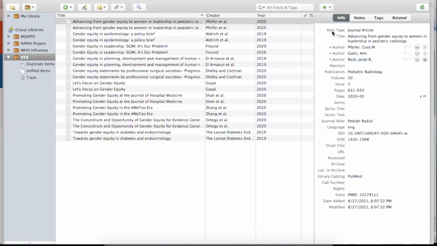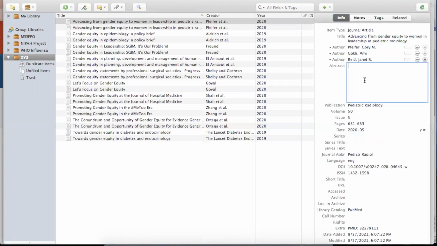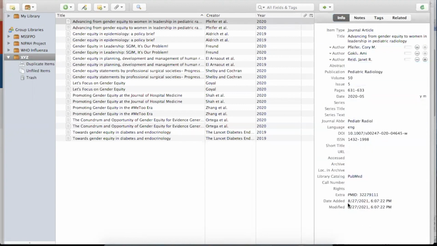What you can do in information is you can manually edit the information. If you want to add anything, suppose you want to add abstract, you can click on abstract and you can add it here manually also. Same goes for any of these items. You can manually edit anything. If you want to verify the authors, if you think there is a different author in the database and the author information is not correct, you can correct it manually here.